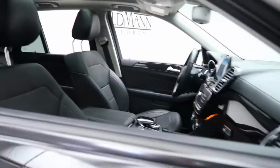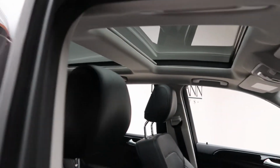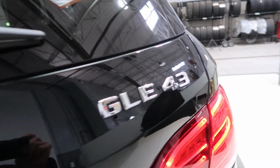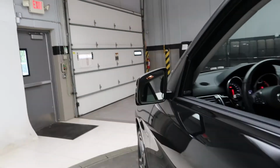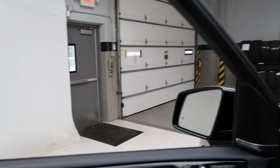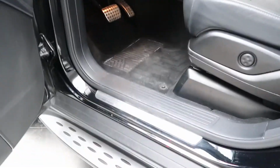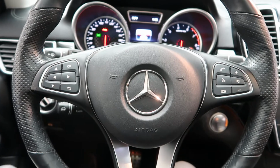Bi-turbo 4MATIC badging on the side, black MB-Tex interior with a black piano lacquer trim, panorama sunroof, rear heated seats, AMG GLE 43 badging, power liftgate, a set of all-season floor mats, fold-down rear seats, cargo cover, premium 3 package with driver's assistance package with active blind spot assist, lane keep assist, Harman Kardon sound system, memory seats, power windows, AMG illuminated door sills, heated steering wheel controls, smartphone integration with Android Auto and Apple CarPlay, paddle shifters for extra performance, a push start ignition,